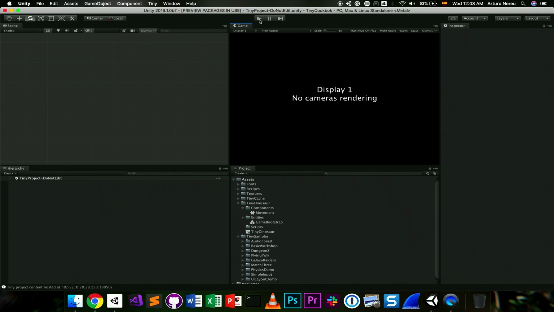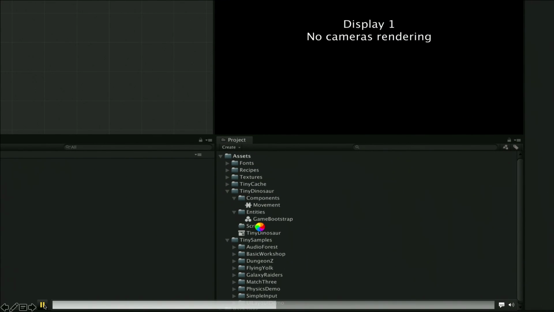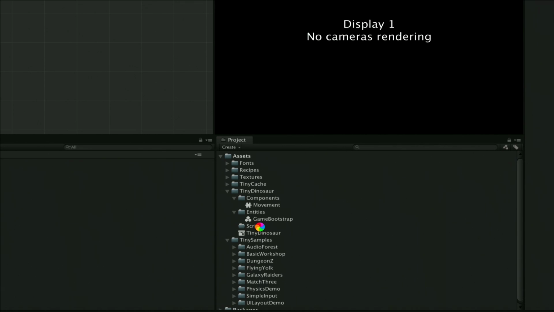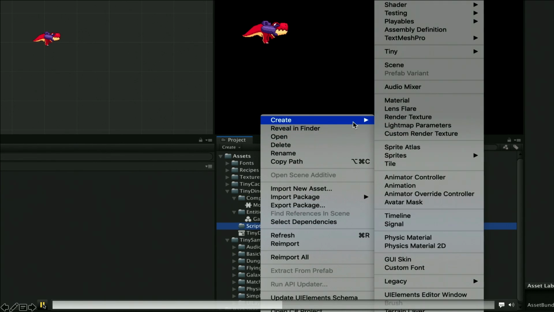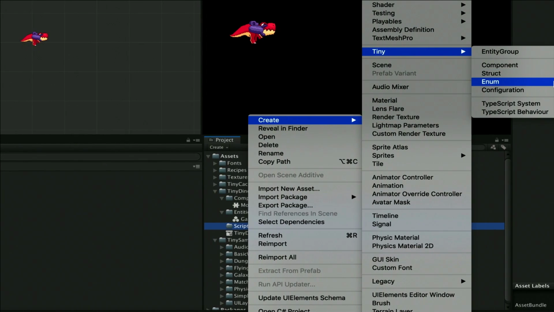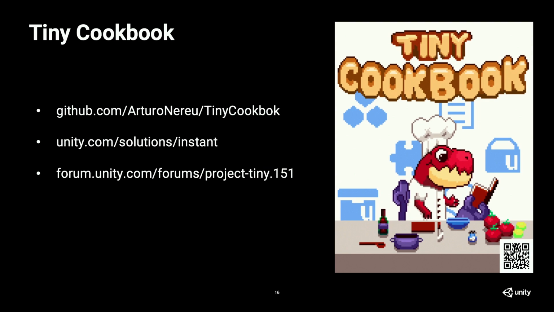Okay, so going back to the editor, what do we need to move our dinosaur? What part of ECS do we need? Systems, right? We need a system that moves our dinosaur. And that's the next thing that I'm going to do here. So I go to the project, Tiny, and I create a new,